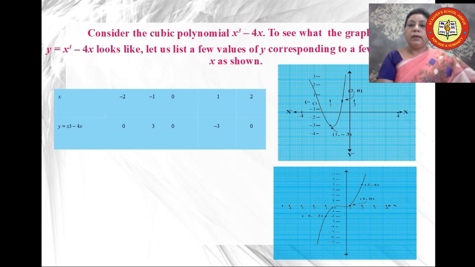We also know a cubic polynomial has at most three zeros. So in some of the cubic polynomials, the graph may intersect in two points, the graph may intersect in one point, and there are chances that the graph may not intersect at all. Depending upon the points in which the graph intersects, you can tell the number of zeros a particular cubic polynomial has. Just refer to the figures on page number 26 of your textbook to get a clear idea.